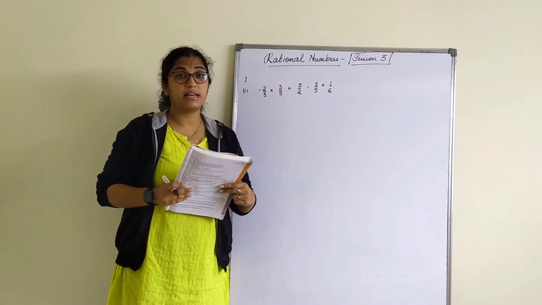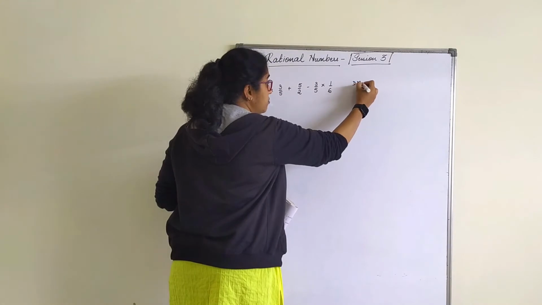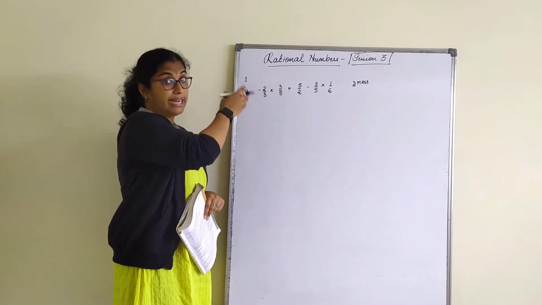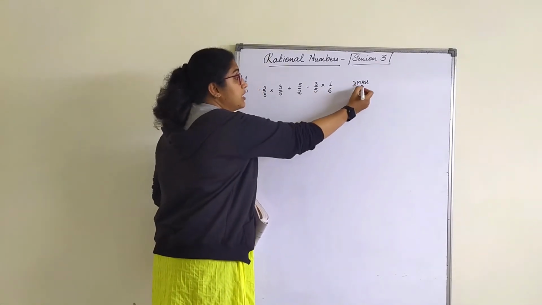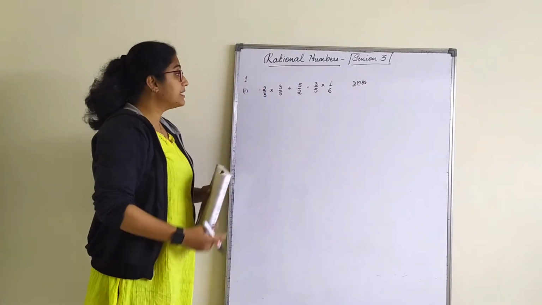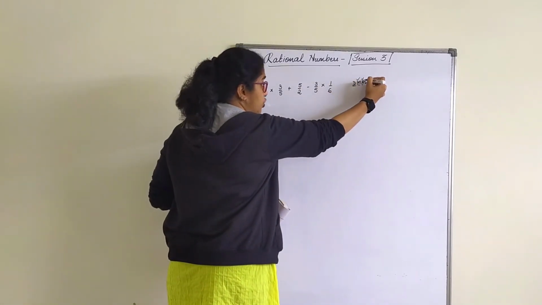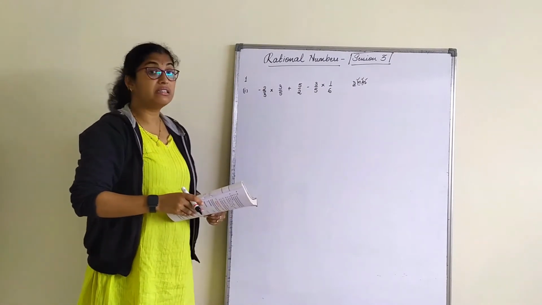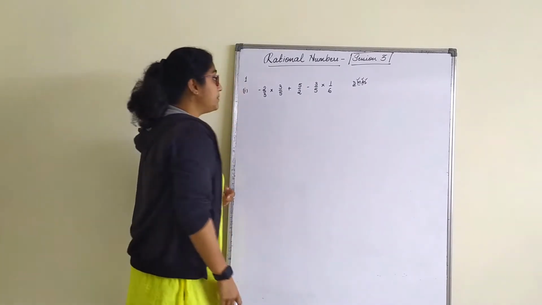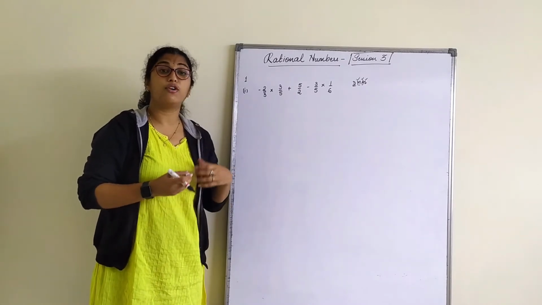Now, when you look at the sum, it is about applying the DMAS rule. So, what is this DMAS rule? First, if you have a division, you need to first apply division, then multiplication, then addition, then subtraction, right? But here we don't have any division, that means we have to first apply the multiplication, addition and then subtraction. But here they have given us that we have to solve this using appropriate properties. That means we need to apply the properties we have studied, commutative, associative or distributive.